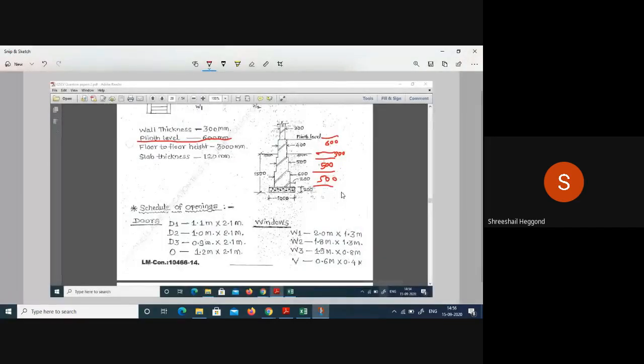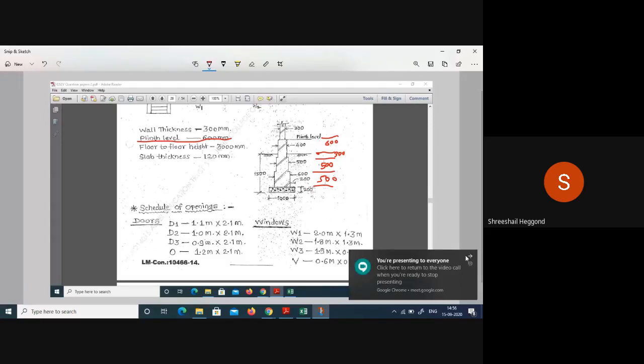The heights of each steps I am saying, the total depth is given, that is 1.5 meter or 1500 mm is given in the question. That you have to divide into separate steps. 200 mm is given for bed of concrete. 500 will be considering for first footing, 500 will be considering for second footing, and third footing will be considered as 300 below ground level and above ground level 600. Above ground level value is directly given. Only 1500 has to be divided into 200, 500, 500 and 300. Okay, like that height you consider.